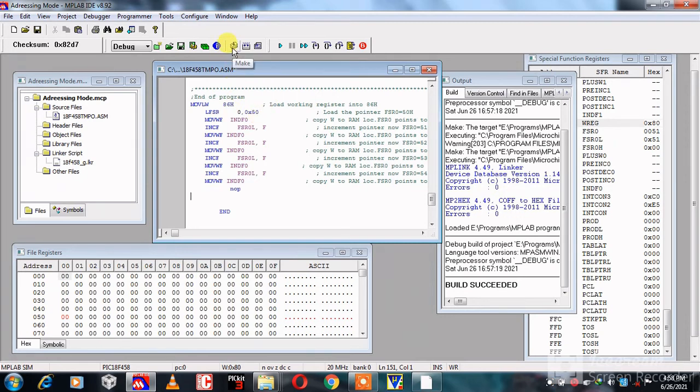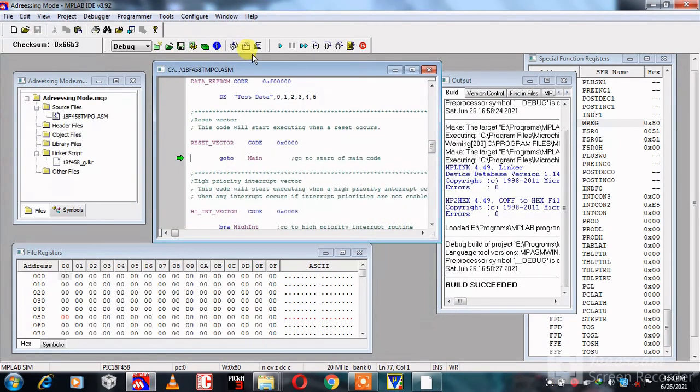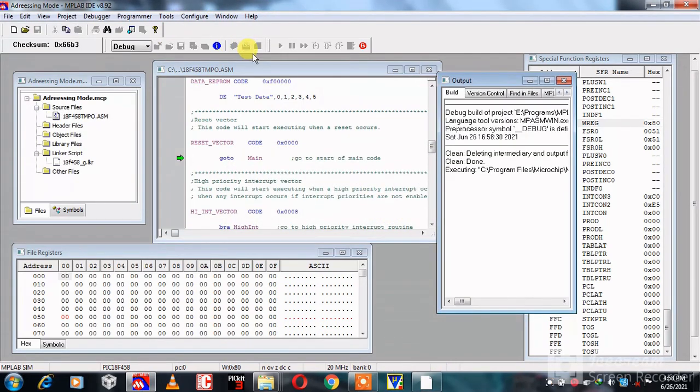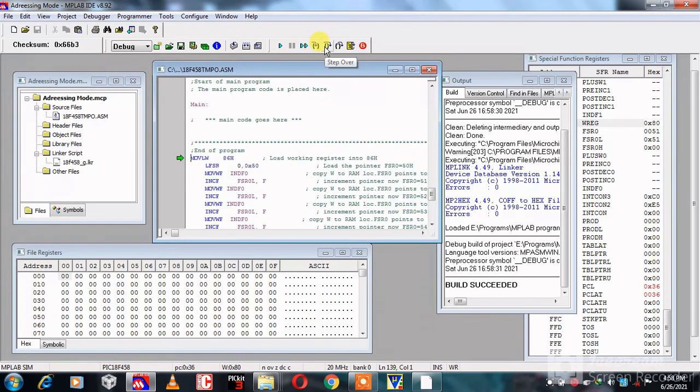Then click on make, then click on build all. We are going stepwise. After first instruction, load the WREG equal to 0x86. LFSR means load file select register.